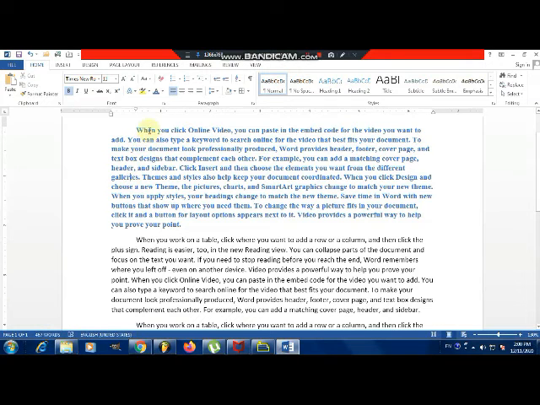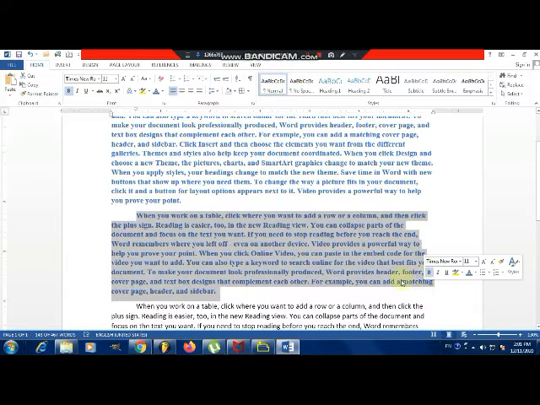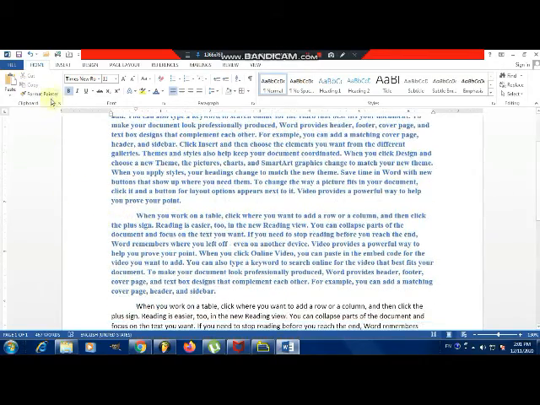So a single word is selected to copy the format of this paragraph, not the content. Then click format painter. Format painter will copy the format of the selected text or paragraph, and to whichever paragraph you want to apply it, select that paragraph. After this you have to release the left button. That means it will apply the format which you copied. So that is the effect of Word's format painter.